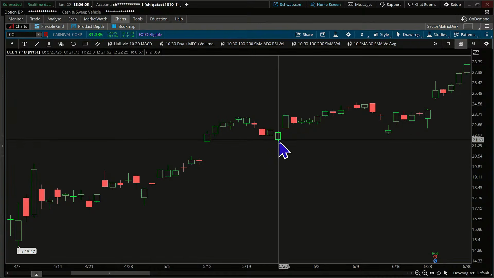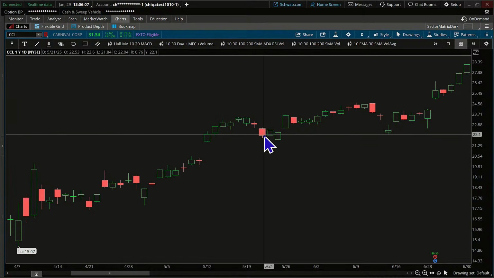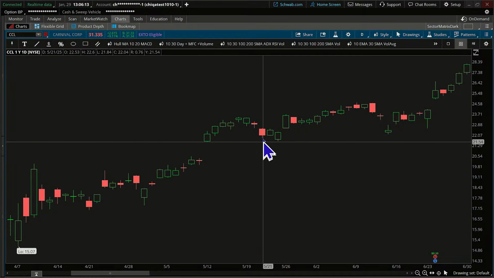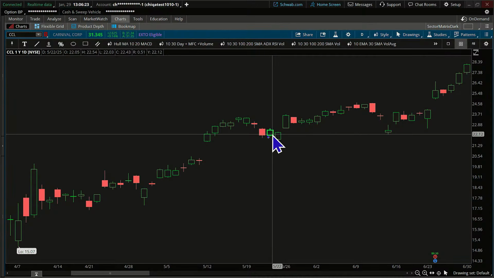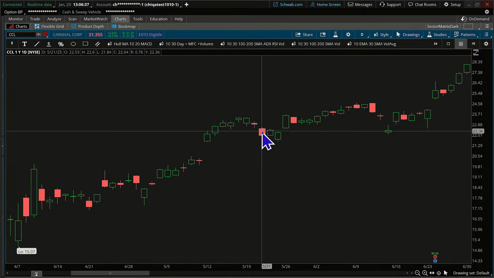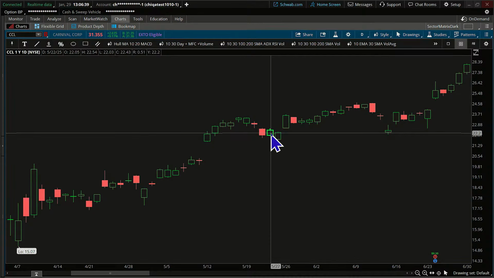And when it pulls back, it doesn't necessarily have to be a red candle or a down candle, but wherever it goes the lowest, we identify it as the low day, and then we want to see the next day close higher than it. So say this red candle's our low day here. The next day, it doesn't go any lower, so this candle stays our low candle. But did it close higher than the high point of the previous day? I don't think so. High here is 22.60. Closing price here is 22.43, so it didn't do it.